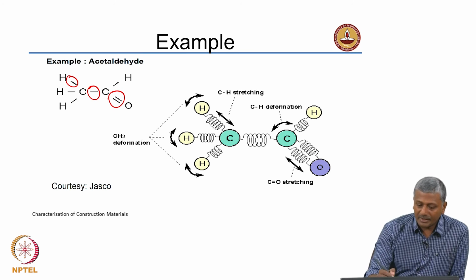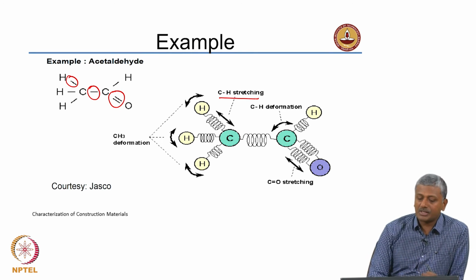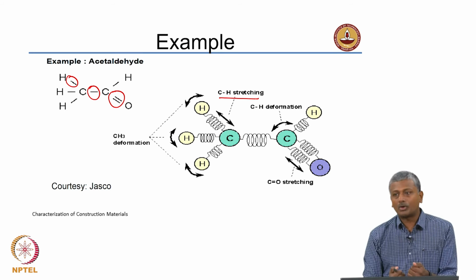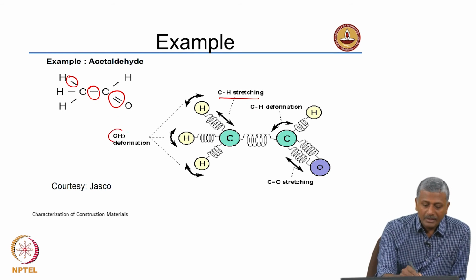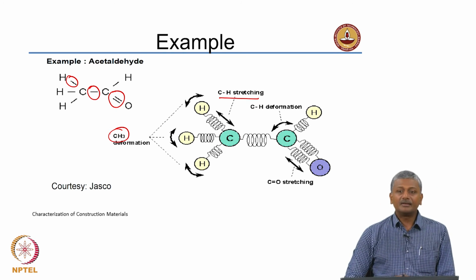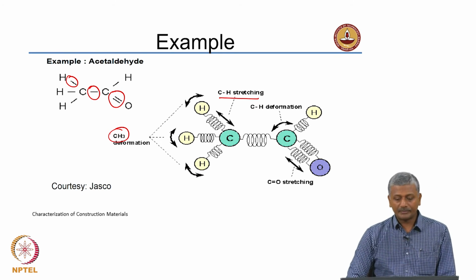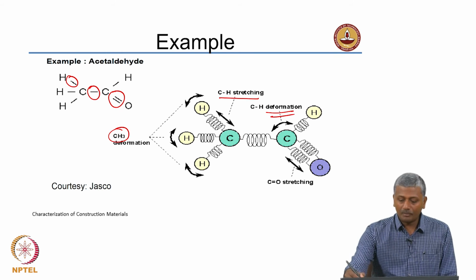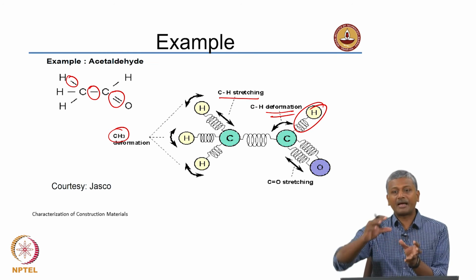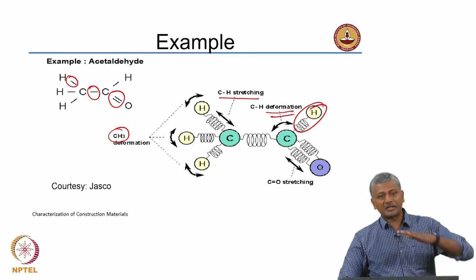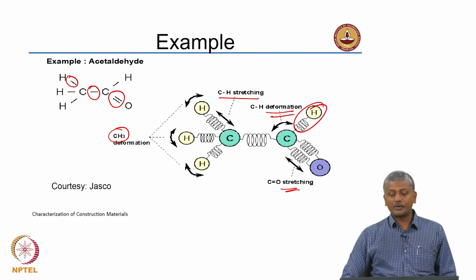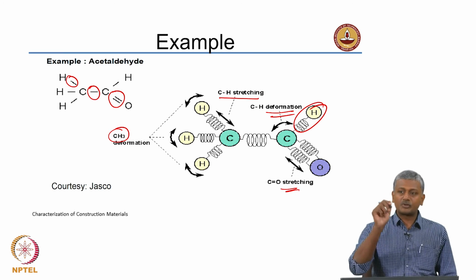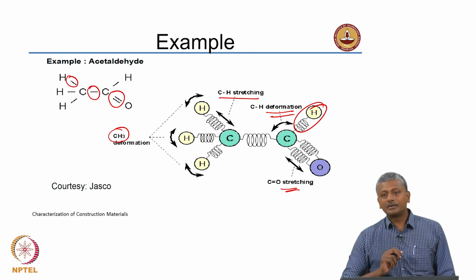Here for instance the carbon hydrogen stretching can happen. Here again the bonds are represented by springs. So, stretching simply means extension of the spring. The CH3 itself can deform as a single unit. The carbon hydrogen can deform. The relative angle between carbon and hydrogen with respect to the horizontal axis may get changed. The carbon oxygen double bond may also stretch. So, for each of these transitions you will actually get a specific absorption of the IR in your absorbance spectra,